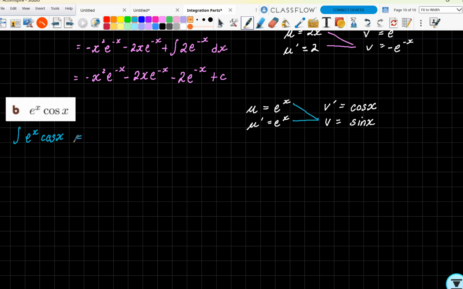Okay, so this is going to be e to the x sine x minus the integral e to the x times sine x,